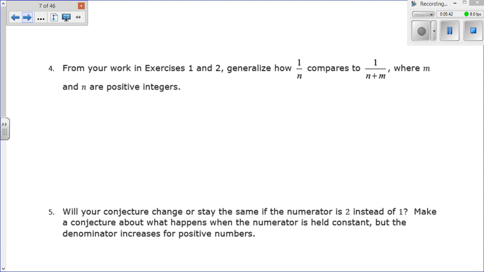All right, next page. From your work in exercises 1 and 2, generalize how 1 over n compares to 1 over n plus m, where m and n are positive integers. Now remember, positive integers would be whole numbers in this case, because an integer is positive and negative whole numbers and 0. And if we're talking positive, we're not including 0, we're not including the negatives, we're just including positive whole numbers. So since m is a positive integer,